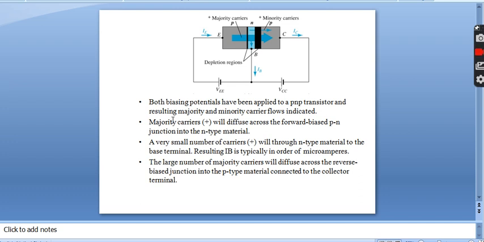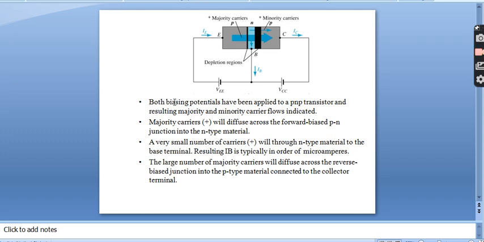So we connect these together, the forward biased junction and the reverse biased junction, and this forms the circuit. That is emitter, base and collector with forward biased and reverse biased junctions. In between there is a depletion layer. In the forward biased junction, the depletion layer is very small, but in the reverse biased junction, the depletion layer is very large. The current is supplied by the battery from the emitter to the base, which forms a closed path.